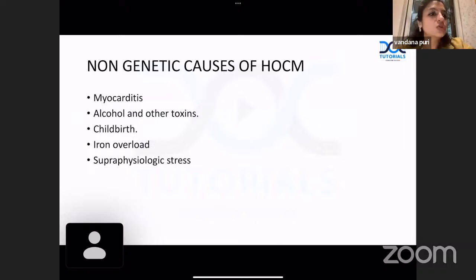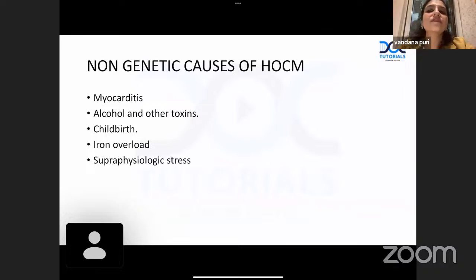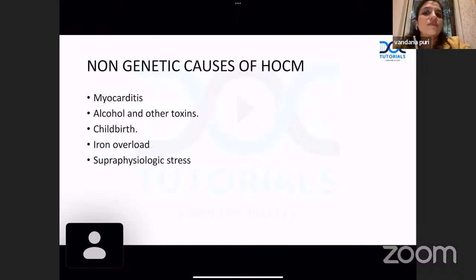And all of you know what the non-genetic causes of HOCM are. Quickly, we have myocarditis, alcohol, childbirth, hemosiderosis, and supraphysiological stress. These are the common non-genetic causes, which all of you should know. Myocarditis, alcohol, and it should not be acute alcohol, it should be more than 10 years of alcohol intake. Other toxins like cobalt, you should remember. Post childbirth, hemosiderosis, remember, most commonly causes